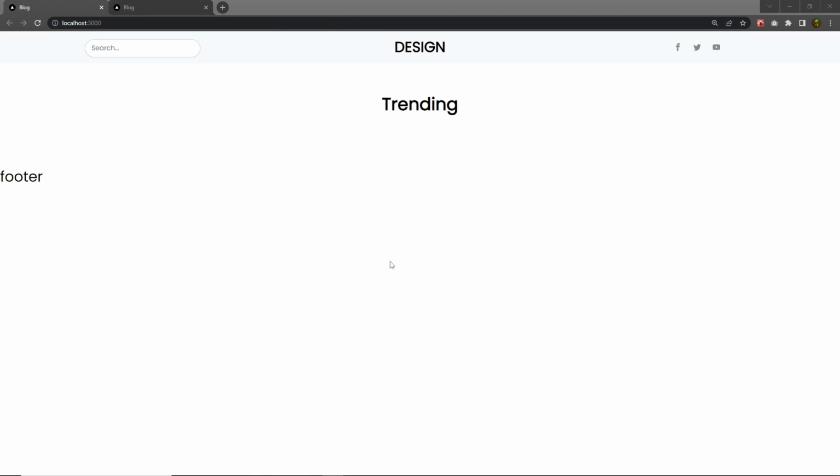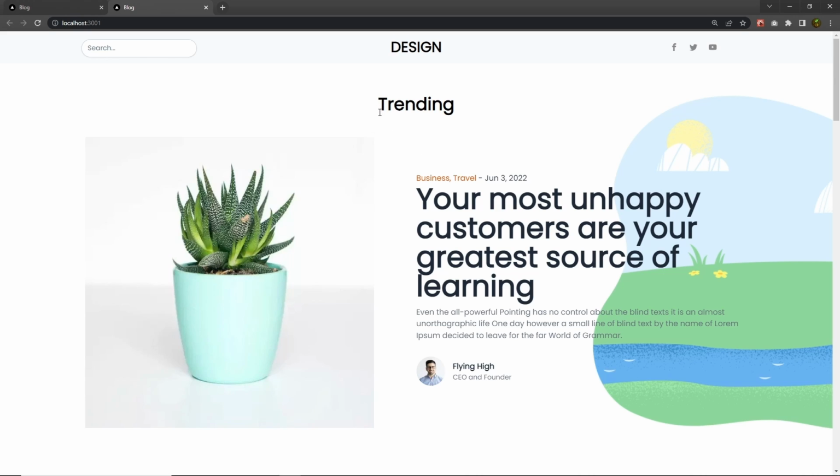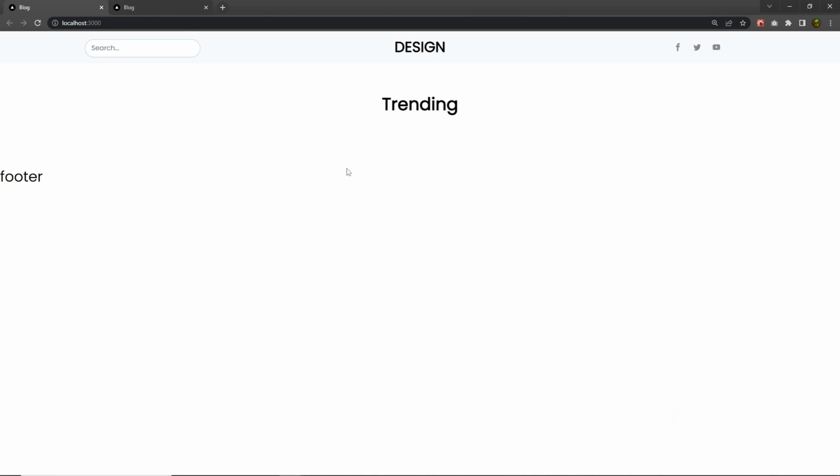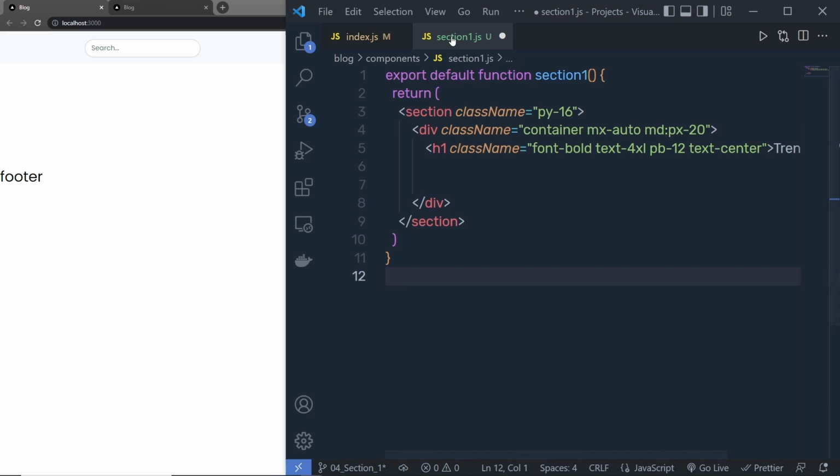You can notice. Now let me first open the finished website. Inside this first section, we have this h1 heading tag with the Trending title, and then we have this blog post. Inside this blog post, we have the image, blog category, its title, subtitle, and the author. Let's create this section in our website. So I'm going to go back to the section 1, and right down here, I'm going to create a new blog post section. So what I want to do is, instead of adding all the blog post code right here,